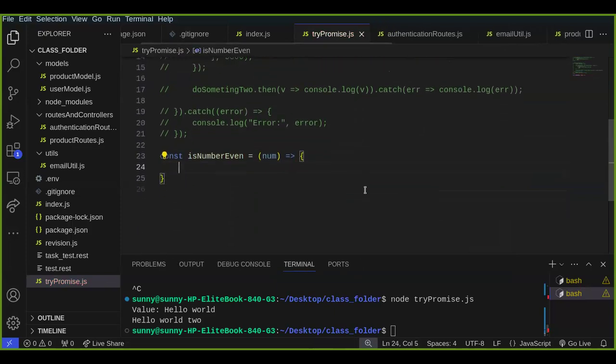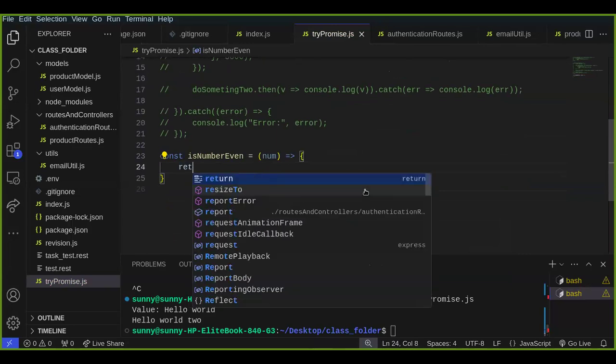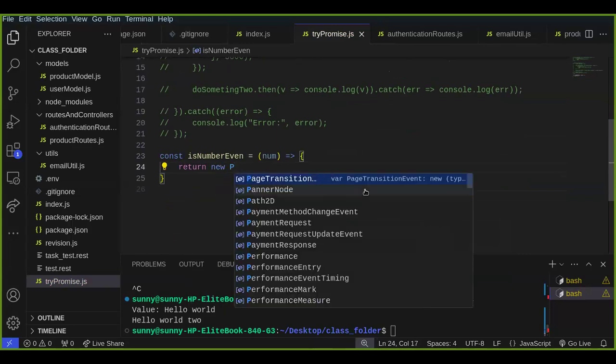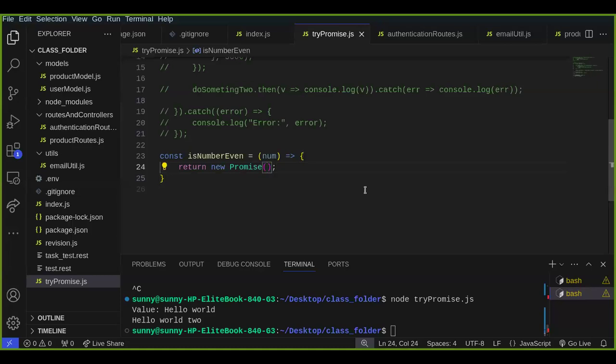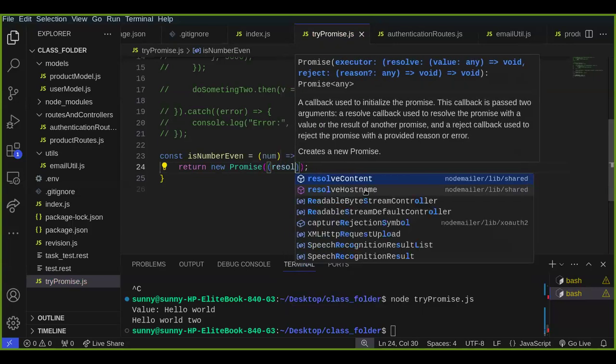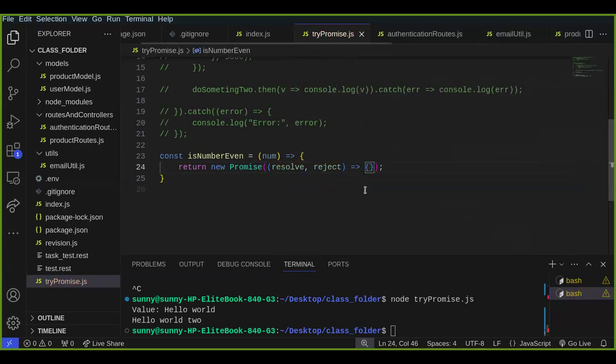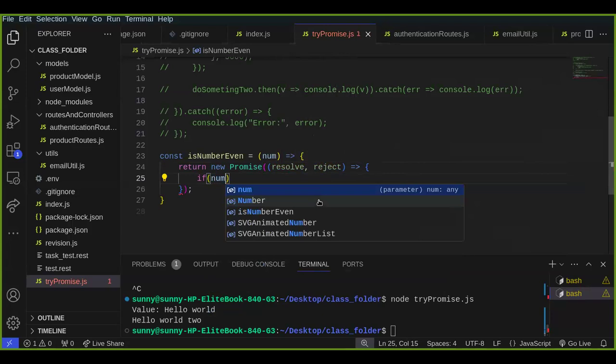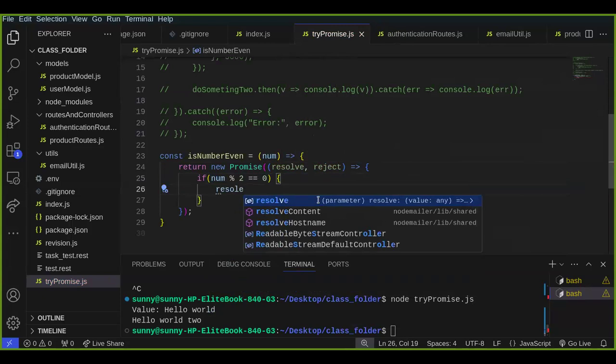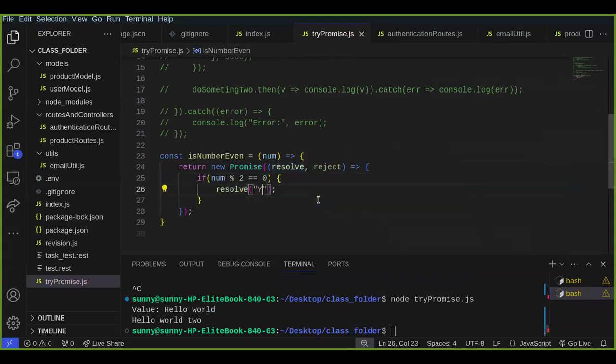And then in here we'll say return new promise, and this promise will accept a resolve, a reject, and of course, we'll then say if the number modulus 2 is equal to 0, then we should resolve to, maybe, yes, it's even. Else, which means it's odd,